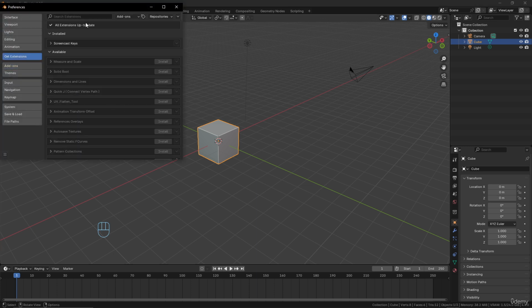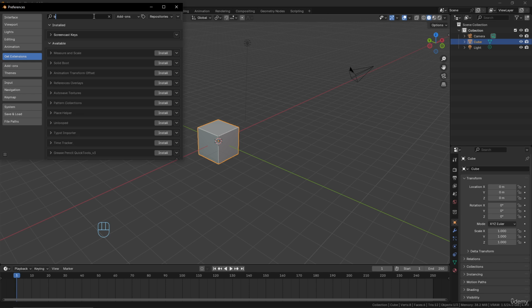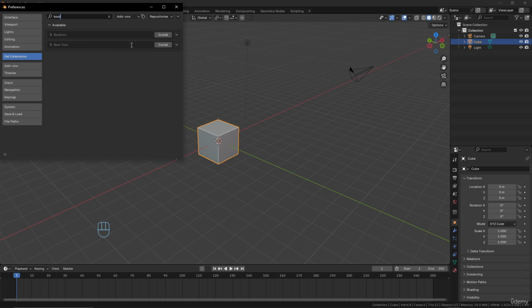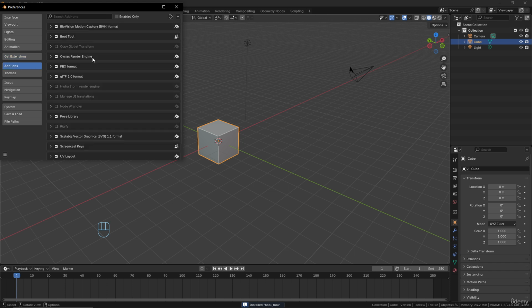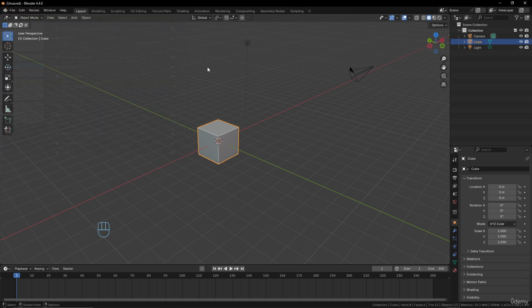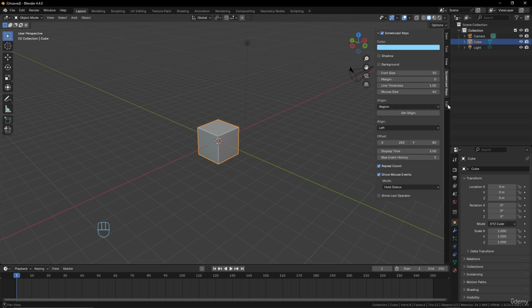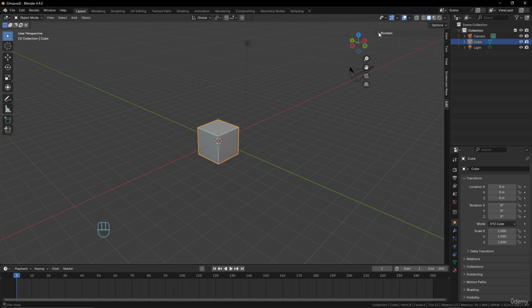So I will go into Get Extensions. I will search for bool like this. You will have Bool Tool. I will just install it like that. And now I have my Bool Tool add-on available there. What it gives us is, in the edit section, a new tab called Boolean,